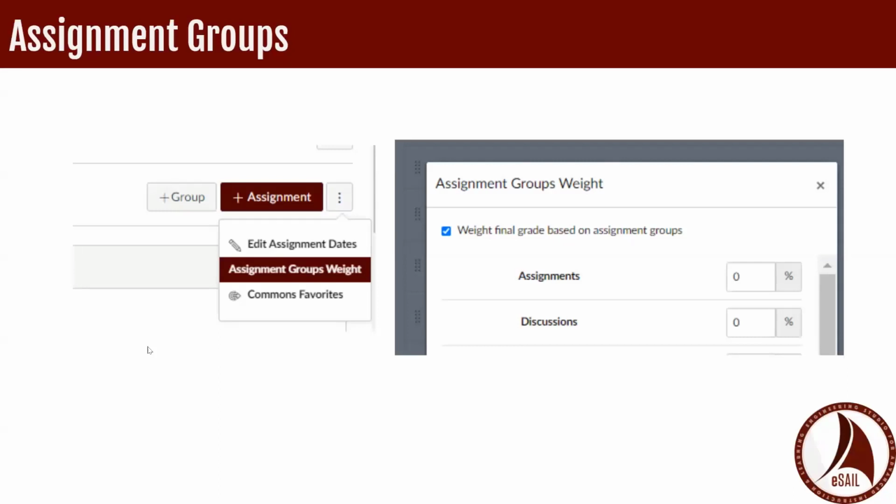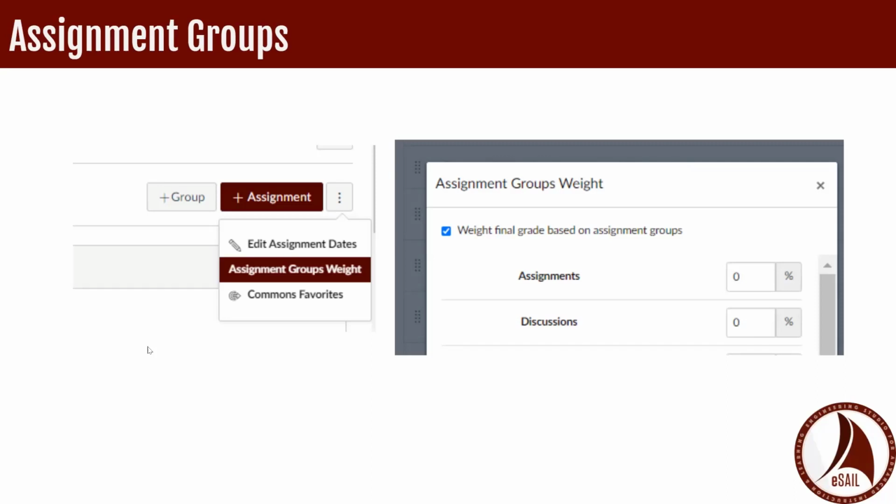And when you're in the Assignments tab, you'll see in the far right-hand corner 3 options, and you can add a group. And then once you've added your groups, you can click on the stoplight options menu and click assignment groups weight, and that will open the interface where you can set the percentage weight for each group. Then within the assignment page, you'll be able to see all the graded activities by the groups, and you can easily add assignments there, or you can drag and drop assignments from one group to another.